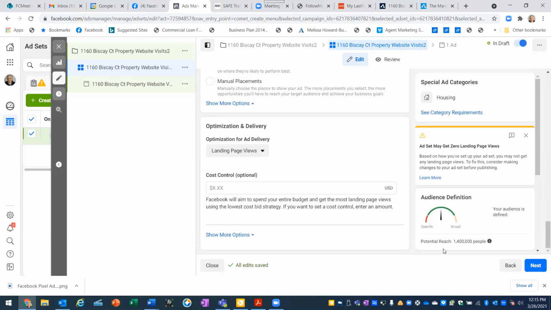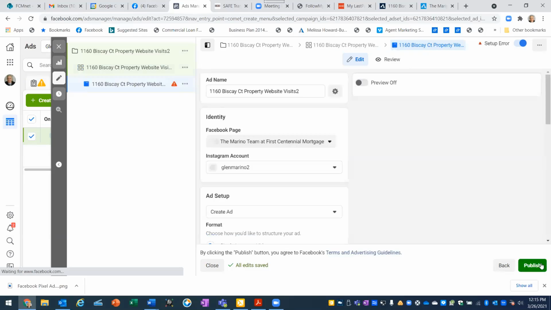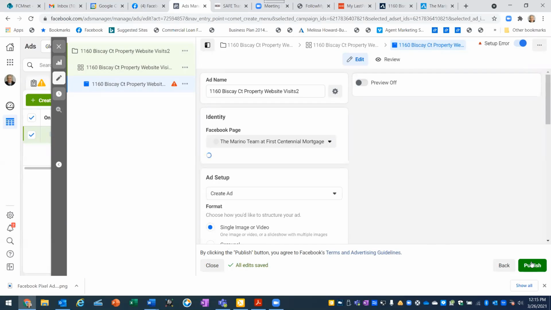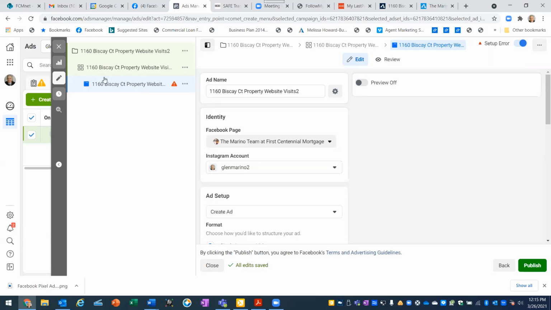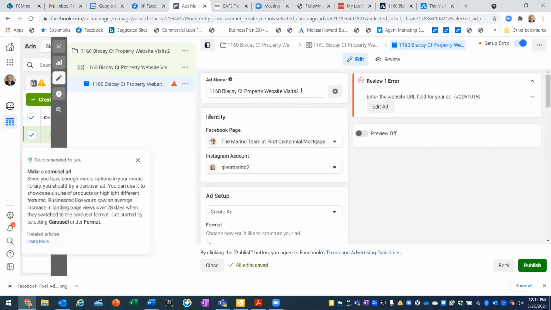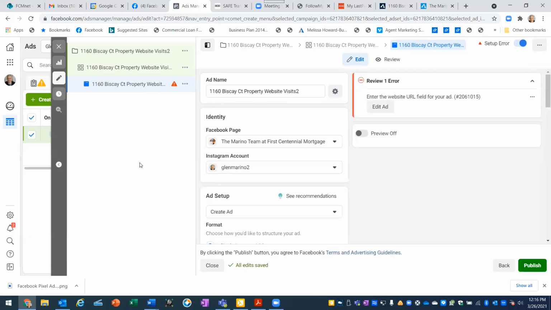And you're on to the next, which now we're going to go from ad set to the ad itself. So click next. Okay, here we're at the ad, and the ad name is already in there for us. Facebook's giving us a couple of recommendations to do a carousel ad. That's more than one picture, and we're not going to do that. So the next thing under the naming it is identity. You must have